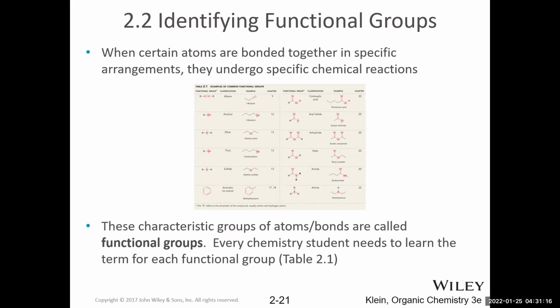And then we go on to reactions of alkenes, reactions of alkynes, reactions of alcohols, reactions of ethers. These are all different functional groups. So the book is really organized by reactions according to functional group. So you will be learning about and reviewing all these functional groups as we go through the entire year of organic chemistry.